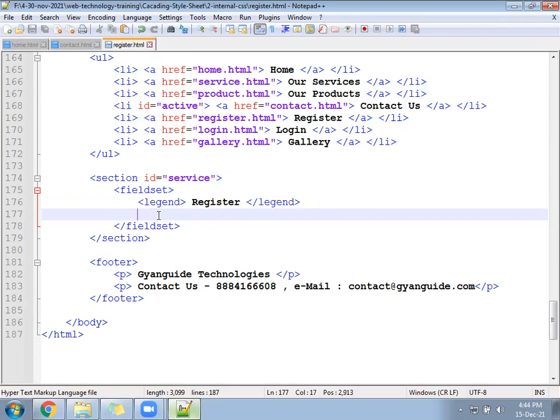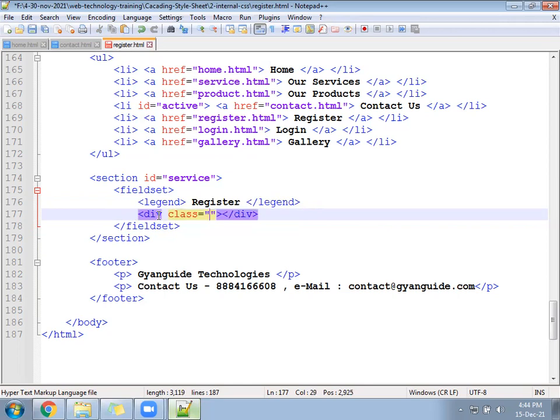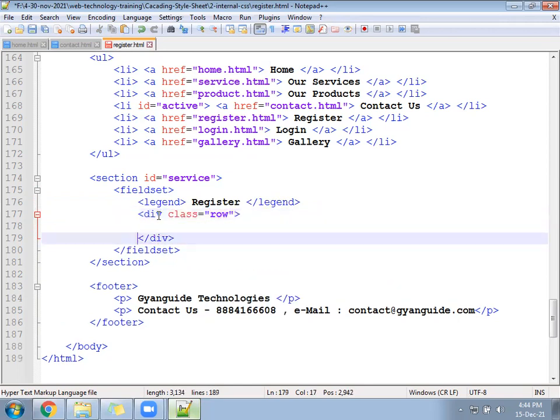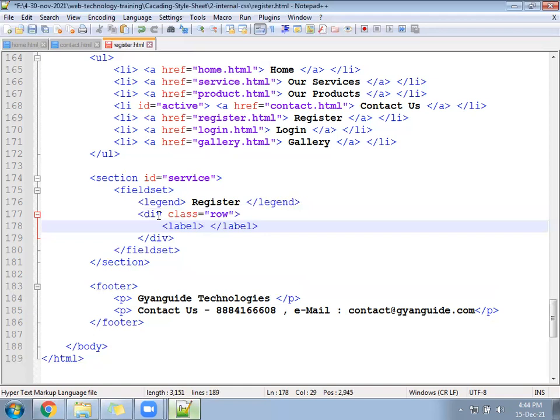Okay, let's go next. What will be the next task here? Register button. Register should have a division with class equal to row. Inside the row, keep a label called full name.